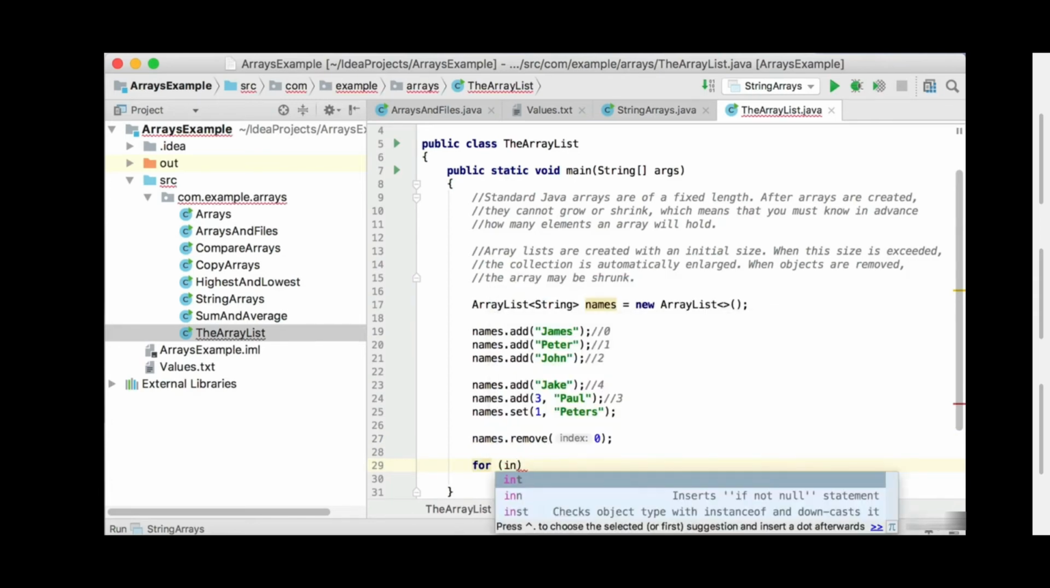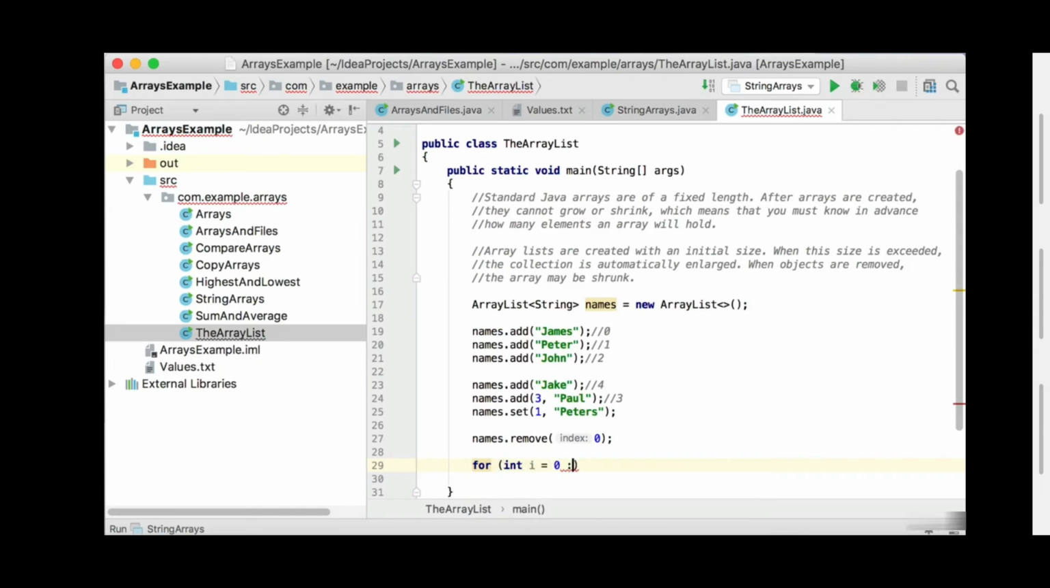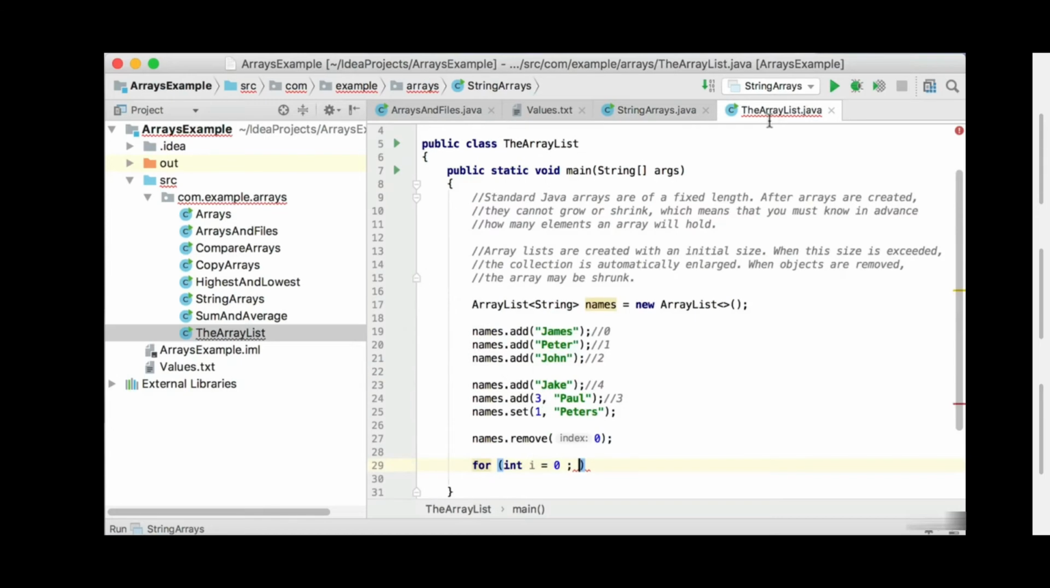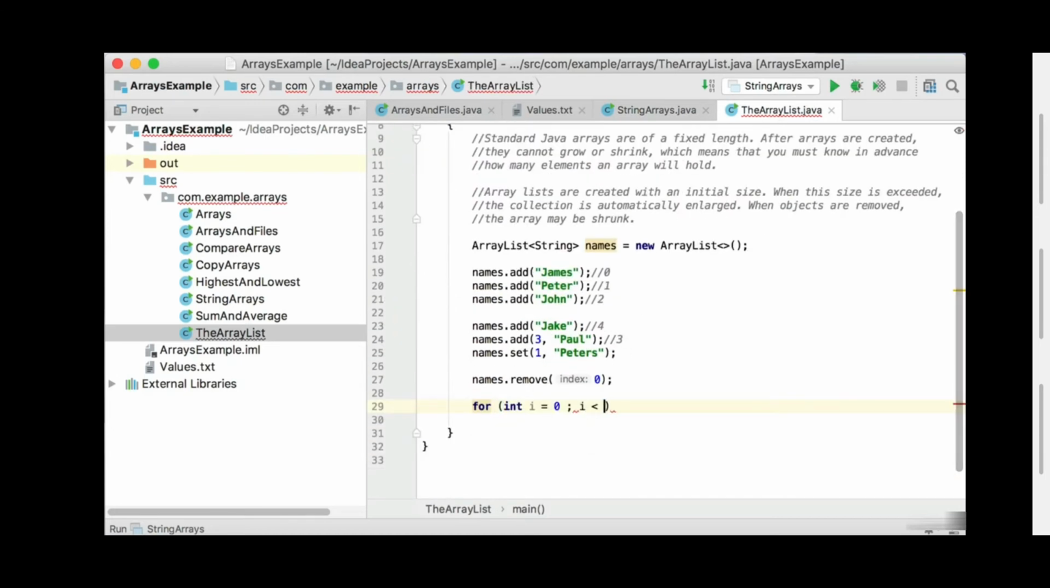The same thing again. I'm going to say int i equals 0. And now remember your for loop. You can see the for loop here. We started at 0, and then we said i less than names.length. So now we're going to say i less than